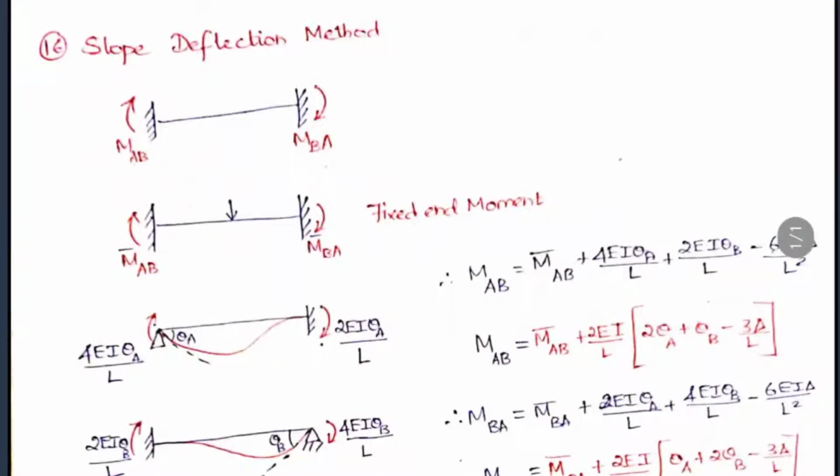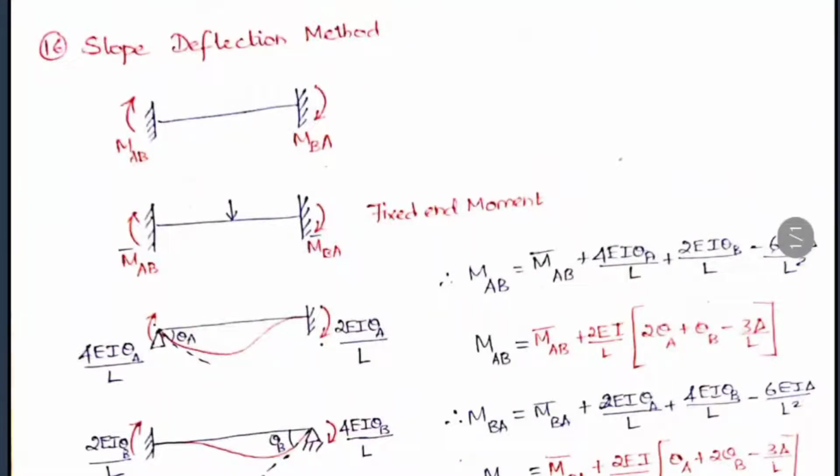Before studying this slope deflection method, you should be very clear with the fixed end moments. We have already studied fixed end moments in strength of materials, in the prop and fixed beams chapter. I am giving that link in the description. Please go through and revise the values for the fixed beams alone, because only those fixed end moment values will be applied in this slope deflection method. So this will be useful for you.